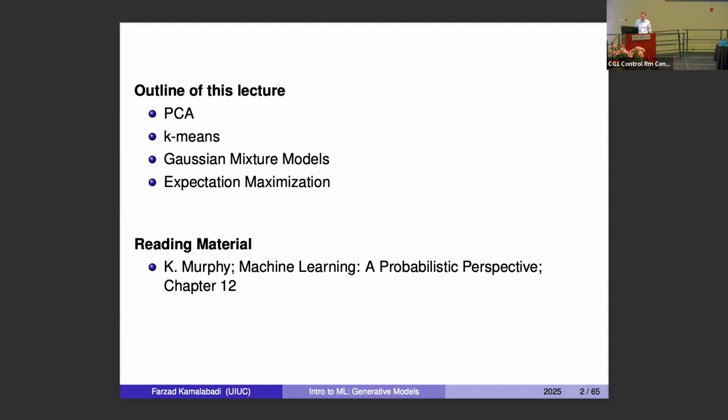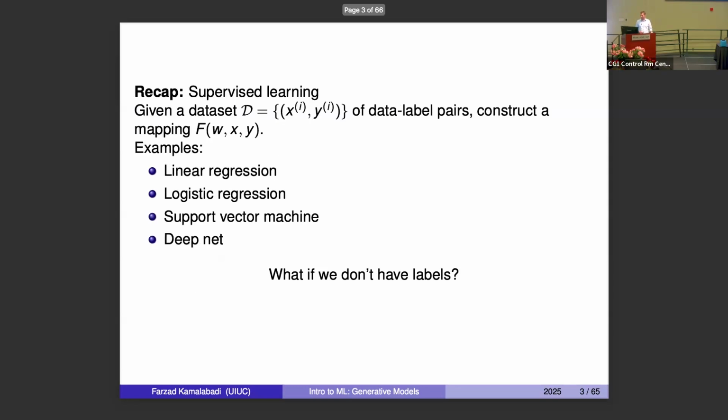I will probably not have time to really spend a lot of time on the notion of expectation maximization, but that's really the algorithm that deals with this class of techniques such as Gaussian mixture models and k-means, because you have to invoke an alternating minimization, an example of which we saw last time, to be able to solve these types of problems. I've listed a reference for reading material, and let's briefly recap so that we can ground ourselves in the objectives and the approaches that we will develop today.